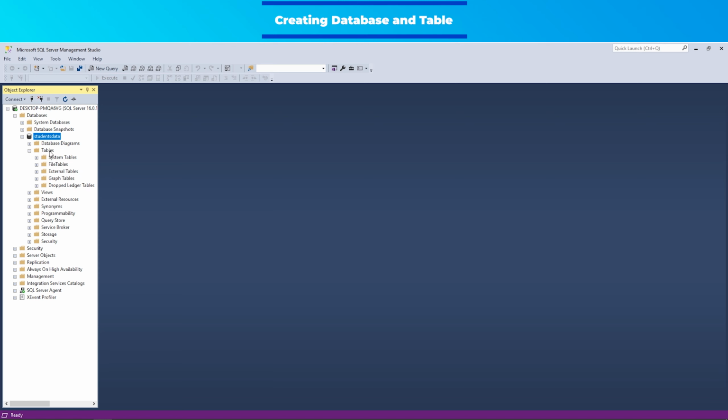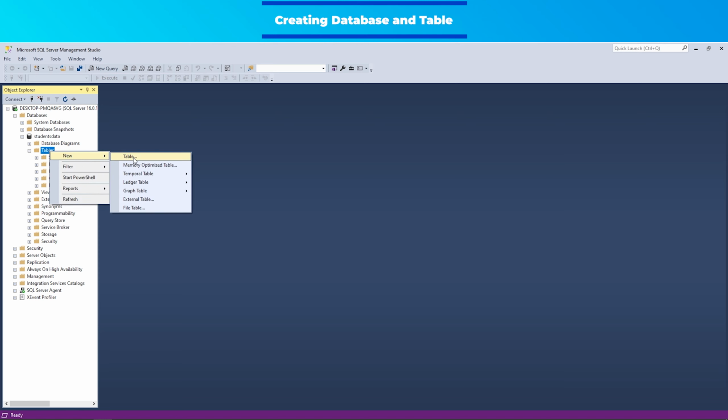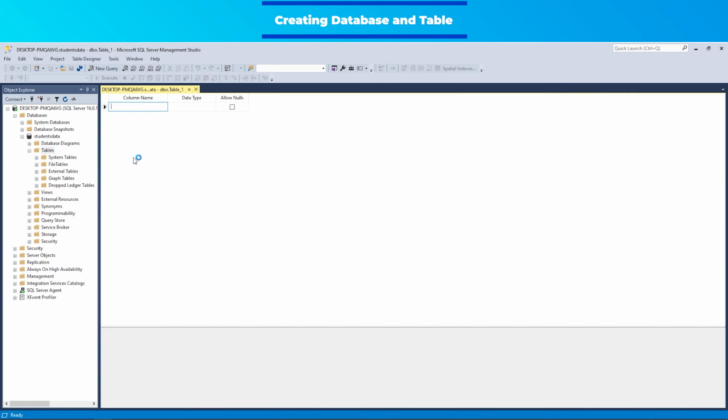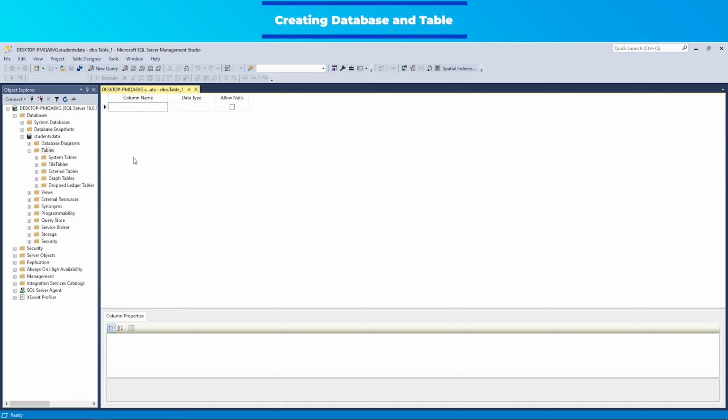To create a table, right-click on the Tables section, then select Table from the new submenu. You will view the field that determines the standards for the columns of your table. At this stage, we will prioritize creating the database. I don't want to go into detail about the options available in the data type section. We will delve into all data types and properties in detail in our next lesson.